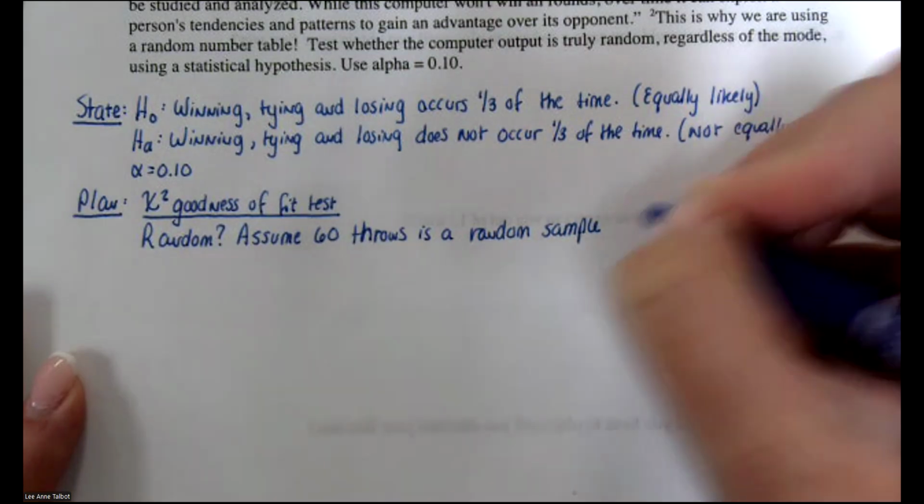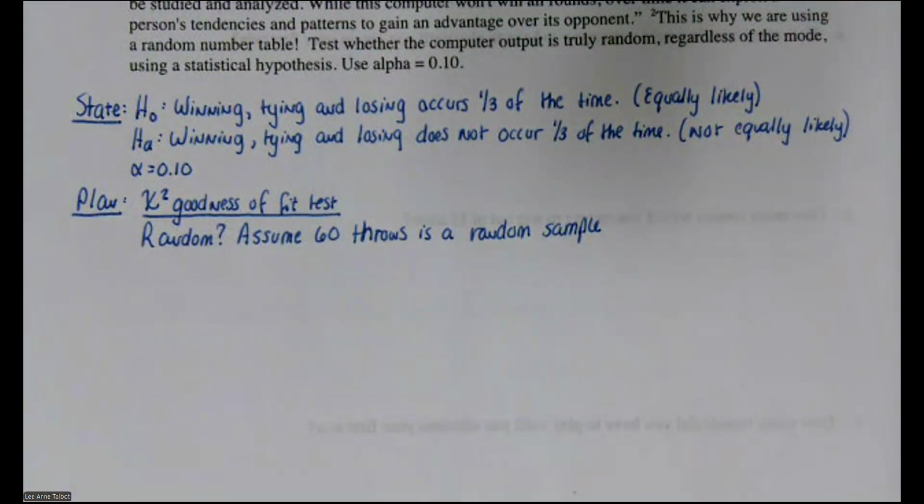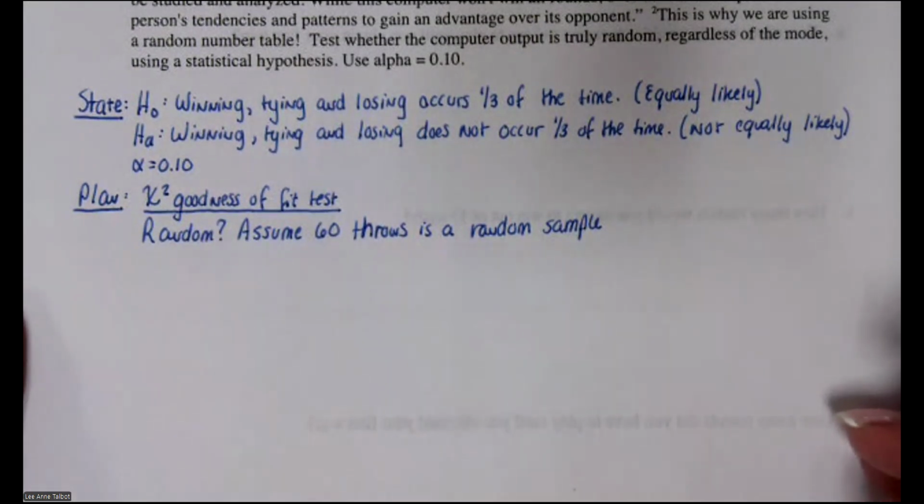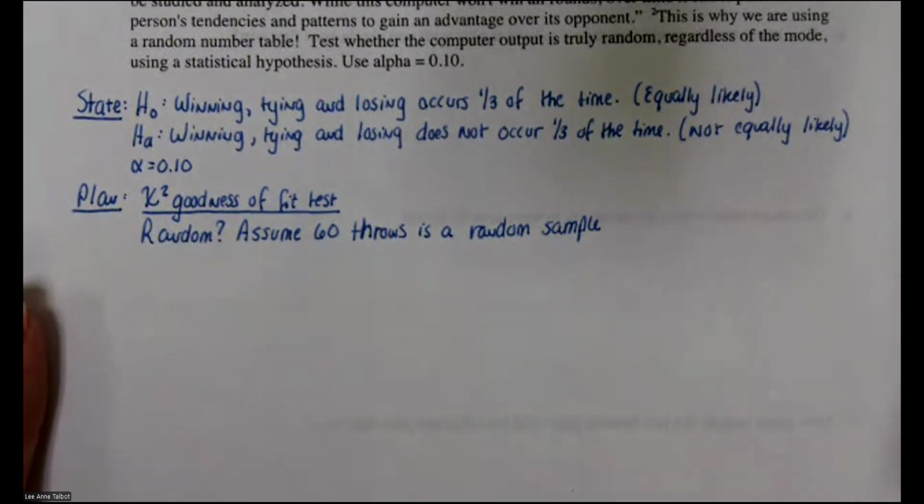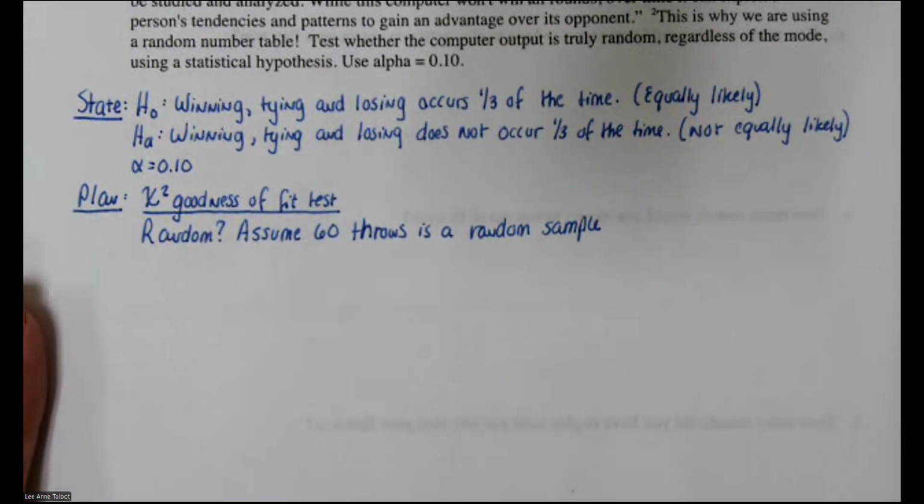In this case, throwing means throwing rock, paper, or scissors with your hand. That is the actual correct term, or throwing rock, throwing paper, or throwing scissors. I know it's kind of scary to think about throwing a rock at your friend, but actually maybe not as scary as this is. Anyway,